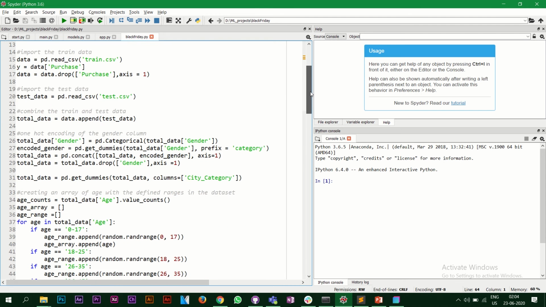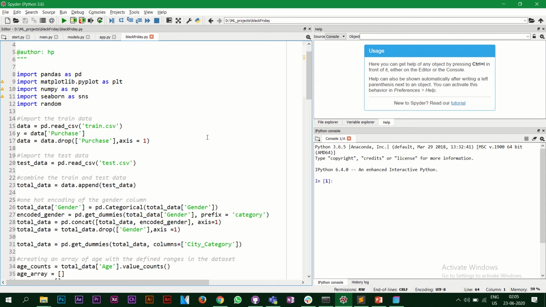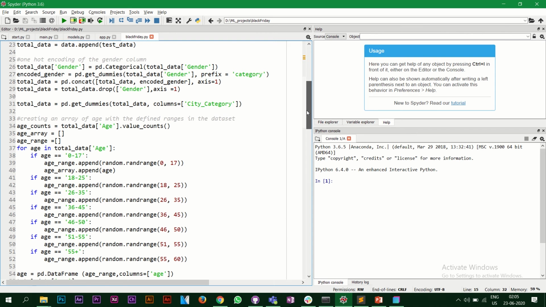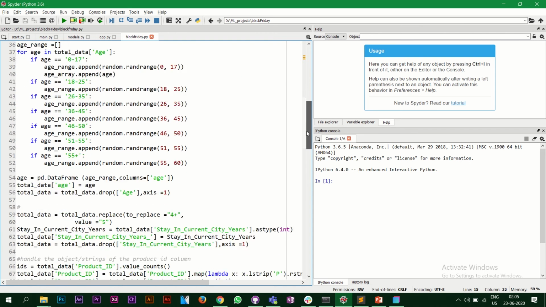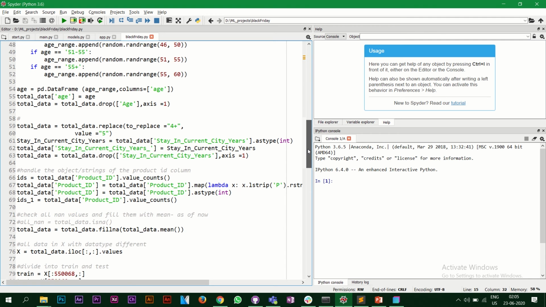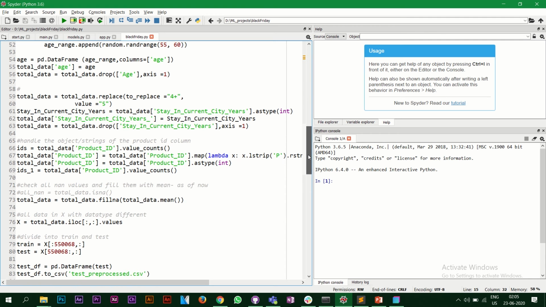So this is the machine learning part. I've imported the train and the test file, and then I've done some pre-processing. I have this code on my GitHub, so you can go through the code. It's not difficult, it's easy to understand, and I've done basic things. I've not used complicated functions or pre-processing techniques. I've used simple techniques, so it's easy to understand.